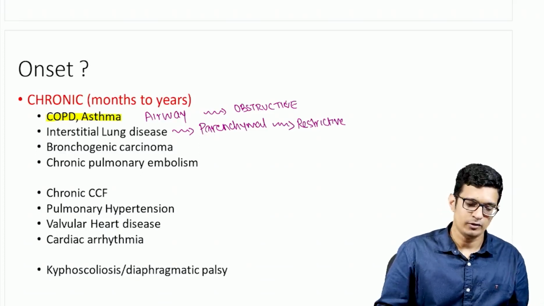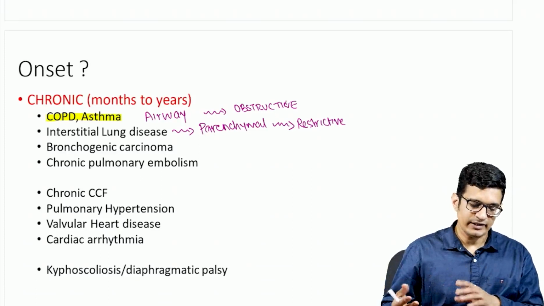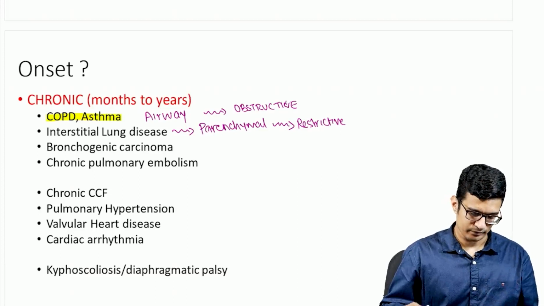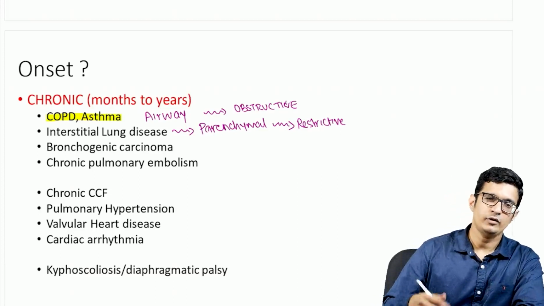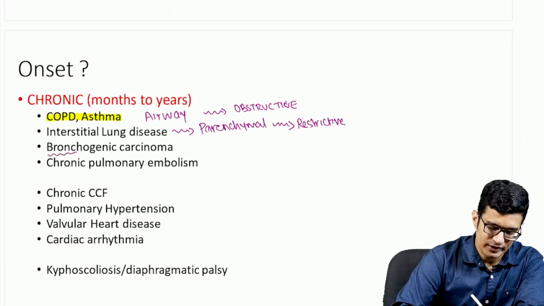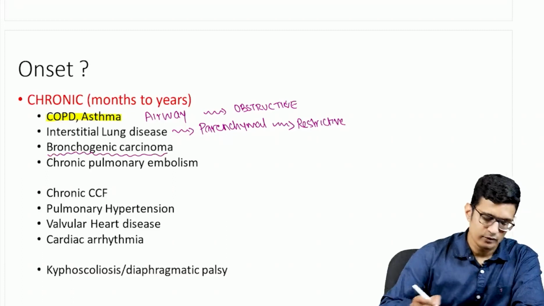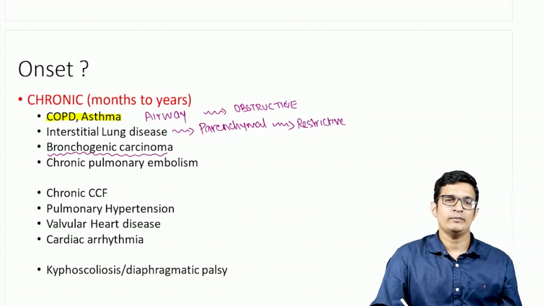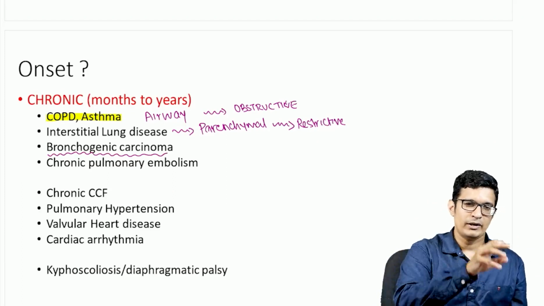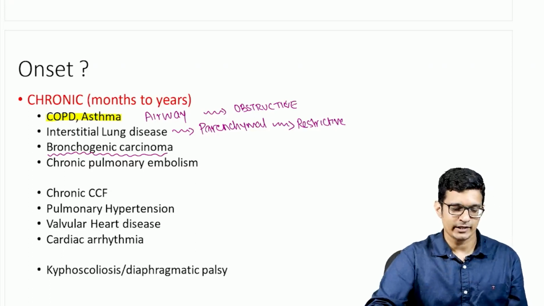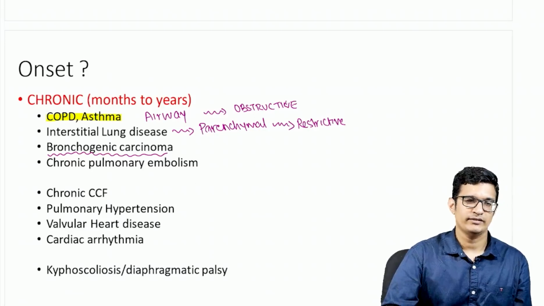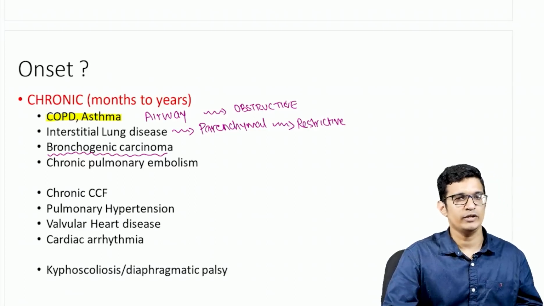I hope you are understanding all this. So ultimately, restrictive lung disease is one cause which can lead to chronic breathlessness as its main complaint. Now the next condition which can cause chronic breathlessness is an endobronchial growth in the form of a bronchogenic carcinoma. Okay, there is also a condition called chronic pulmonary embolism, where there is no total occlusion of the pulmonary vessel, but a partial occlusion of a long segment of the pulmonary artery, which can present with a chronic history of breathlessness lasting from months to years.